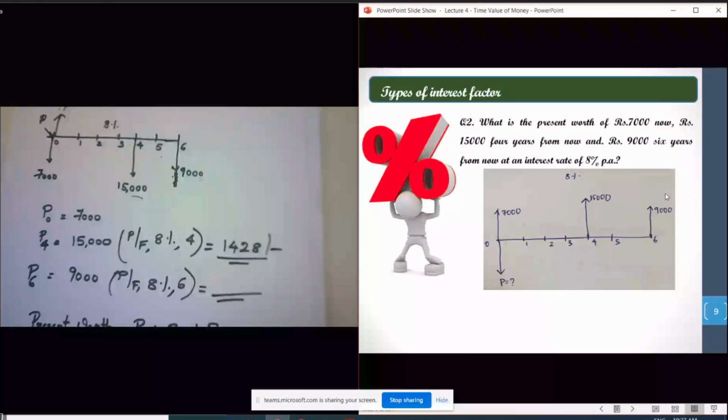But then, sir, both of these are different questions, right? What exactly is the question saying? So here, see, that is what I said. Here, we just have to know the present value. What is the total value of these three deposits? It can be a downward arrow also, since they have not mentioned any deposit or withdrawal, or whether they are going to invest it or get it as a receipt. They have just asked what is the present worth of these three amounts which occur at year 0, year 4 and year 6.